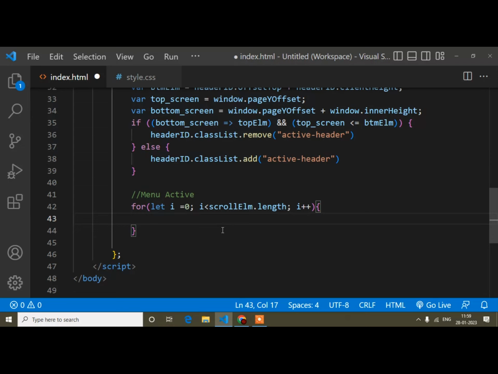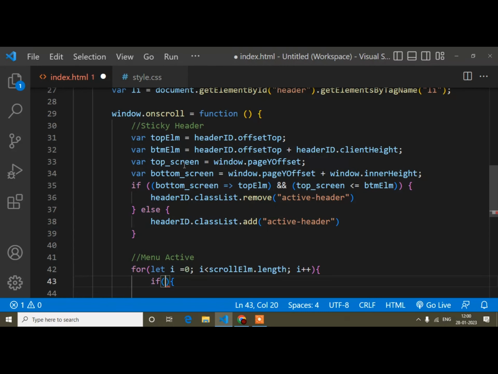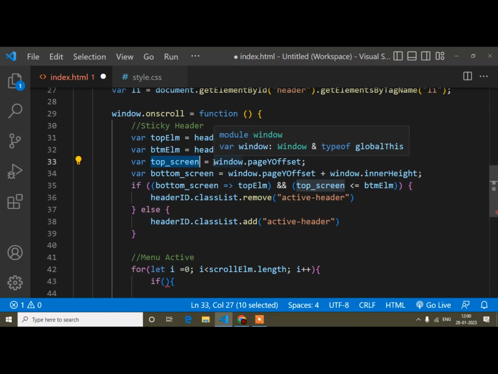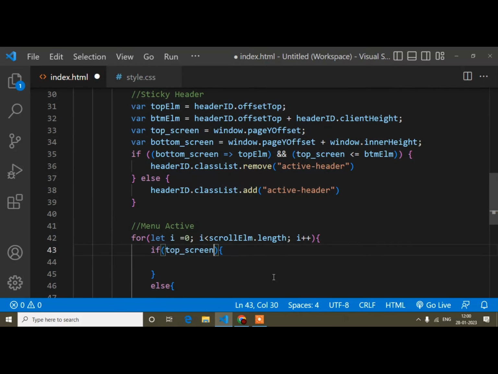And now after that, I have to write one if condition, okay? So first if, and now I will write like this. First I will just remove this one, and here I will write the else part. Now inside this if condition I have to write one condition, okay? Top screen, this one, I already stored in the topScreen variable. So here I will take this variable topScreen. If topScreen is greater than